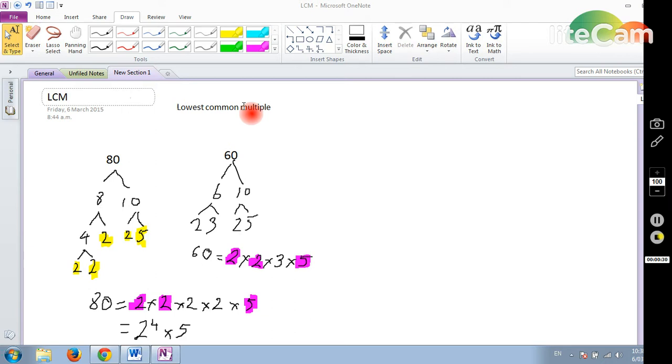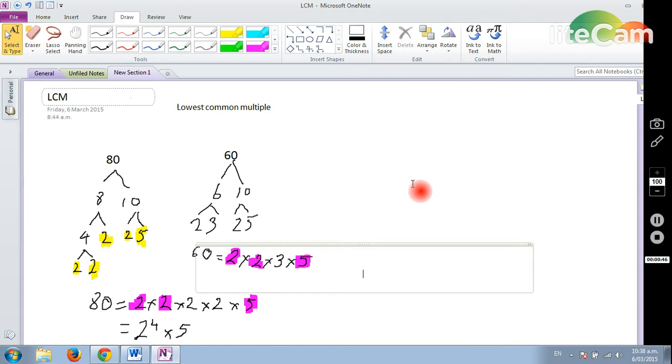So I'm basically asking for the lowest multiple that is both in the 80 times table and the 60 times table. Now you could write out the 80 times table and the 60 times table and find out where they meet, but again that's a little bit big. So what we're going to do is use the fact we know our prime factors. Now you can see I've highlighted the ones that are the same in both numbers, and your rule for the lowest common multiple is you multiply the whole of one number